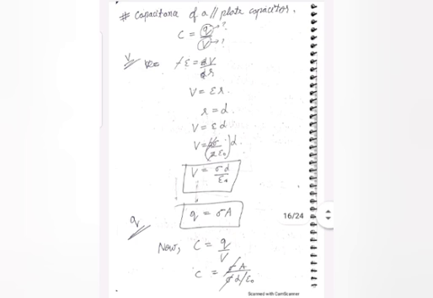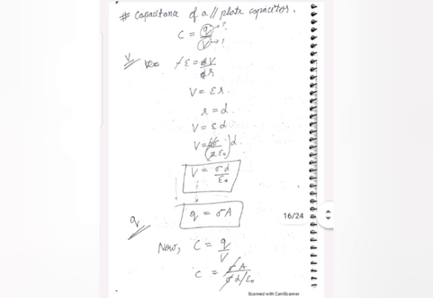Now as far as electric field E is concerned, for a single plate, in Gauss theorem we have derived the expression of electric field, which is sigma upon 2 epsilon naught. But here there are two plates, hence we'll put a 2 in front of it, that is our expression for electric field would be 2 sigma upon 2 epsilon naught. So both the 2's would get cancelled, and the expression for electric field would become sigma upon epsilon naught. Finally, the expression for V would be sigma d upon epsilon naught.